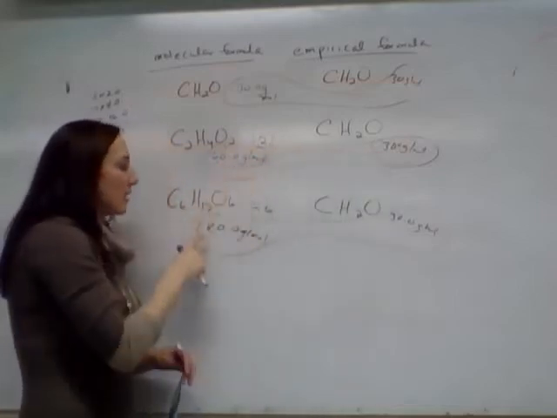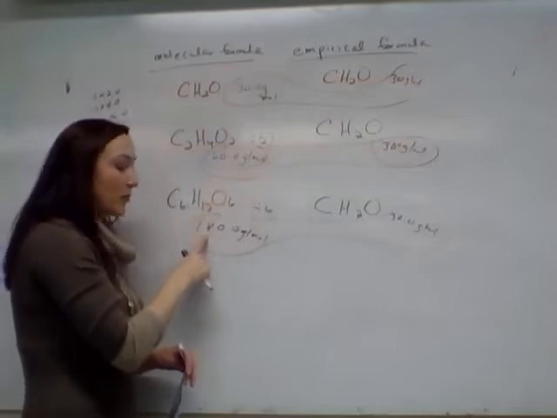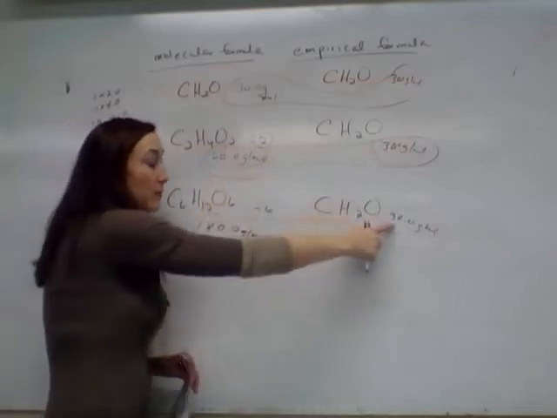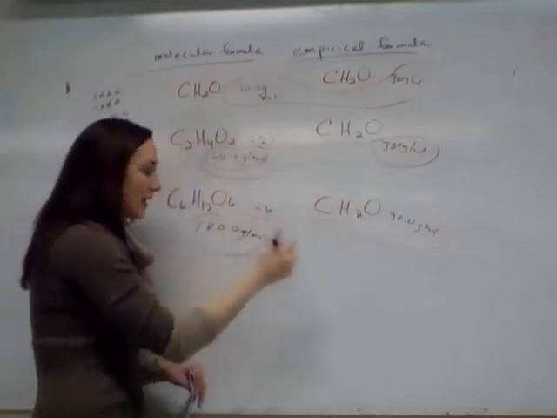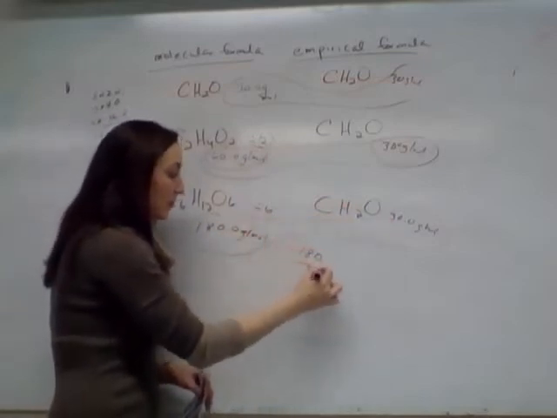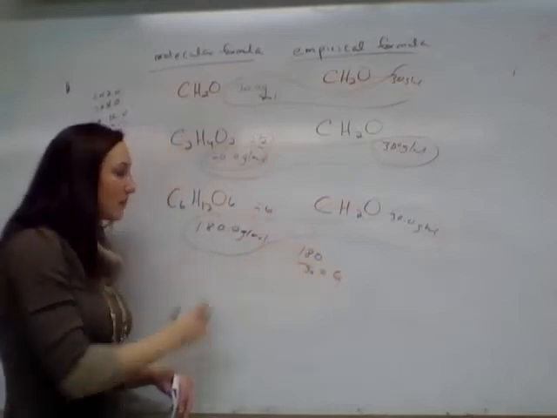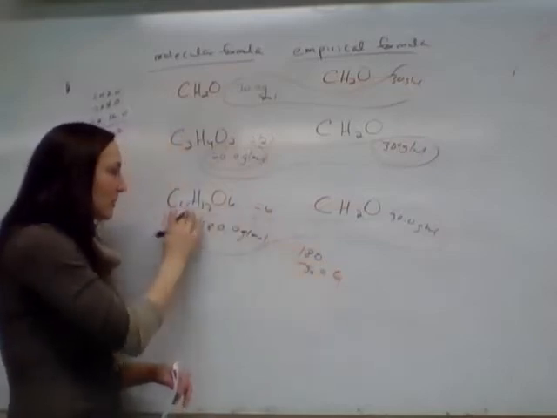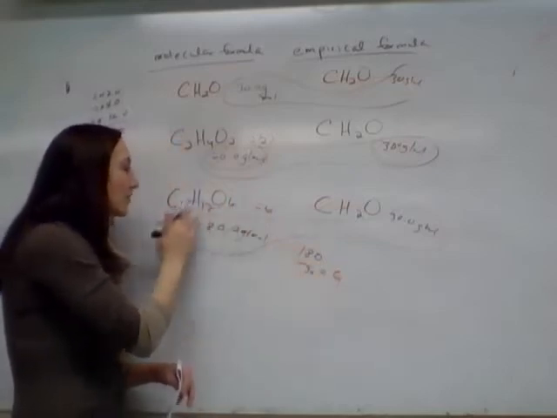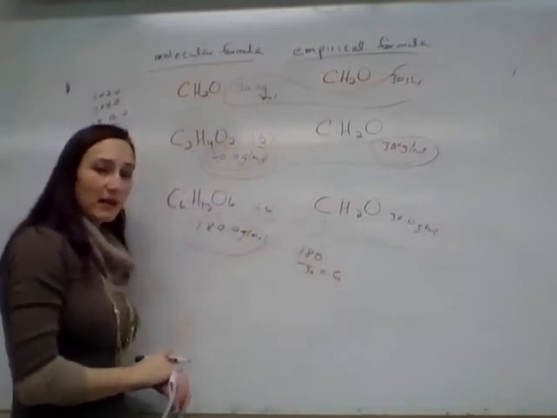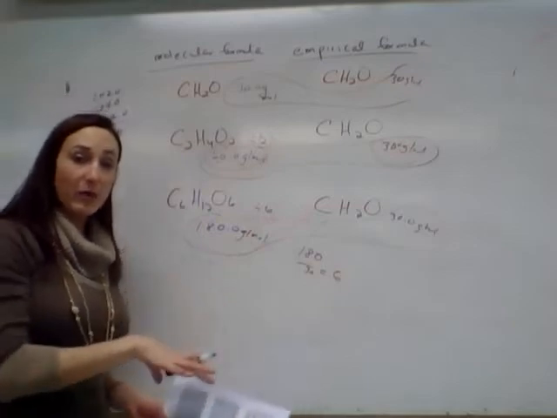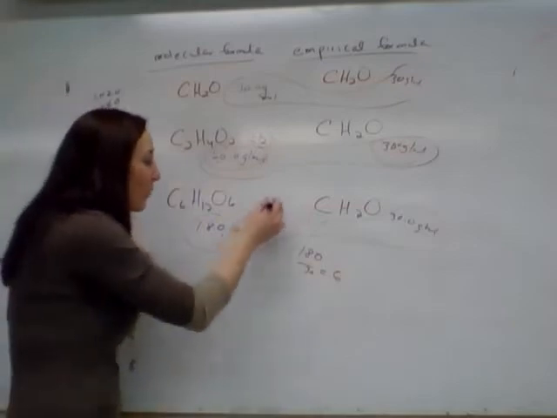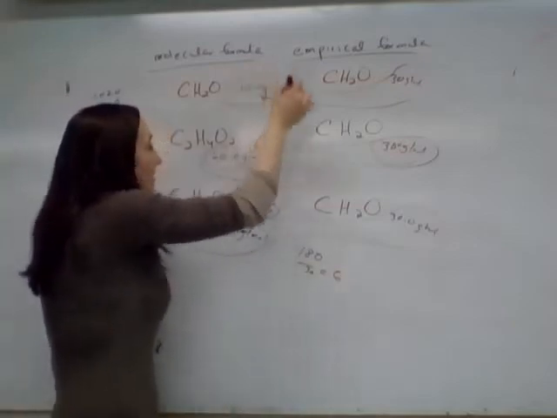Likewise, for the glucose, its molar mass was 180 grams. For the empirical formula, it was 30 grams per mole. And notice that 180 divided by 30, well, that's a factor of 6 difference. And that makes sense, though, because we basically divided the number of each atom type by that factor of 6. So the key to finding a molecular formula, if we have an empirical formula, is figuring out what this factor is,